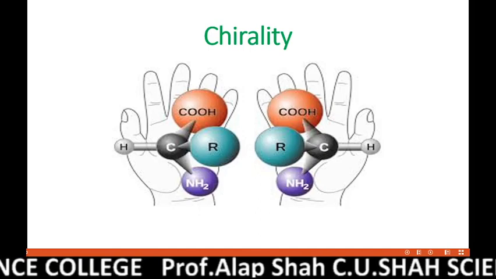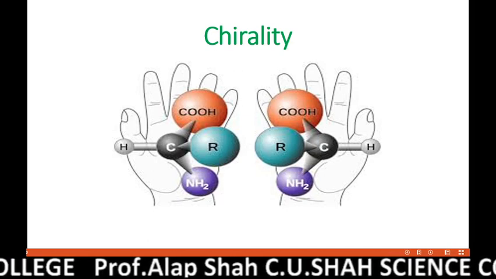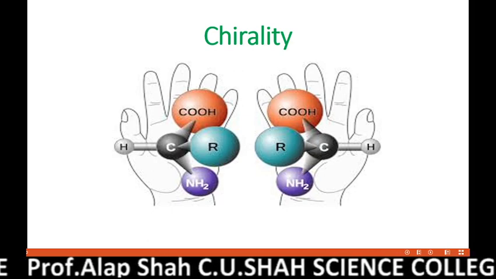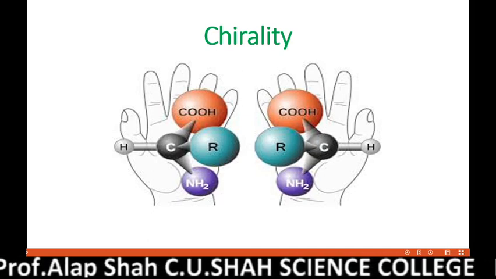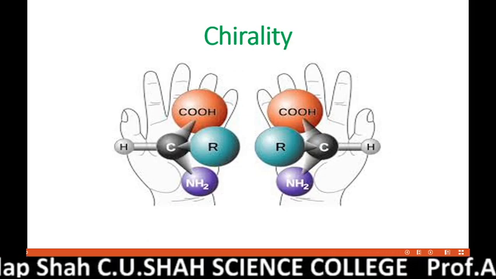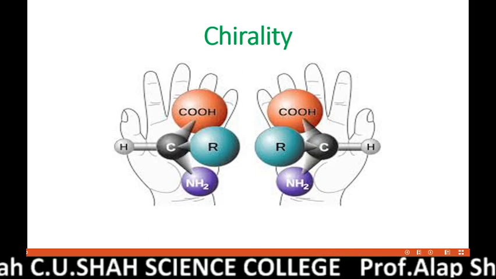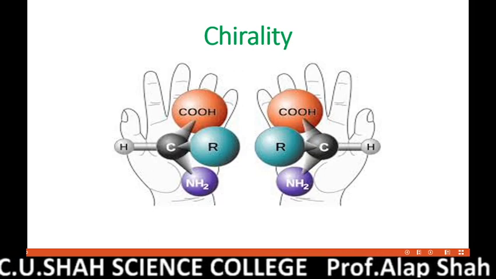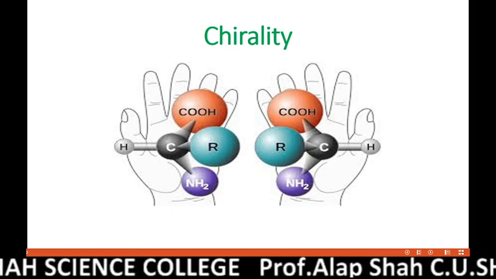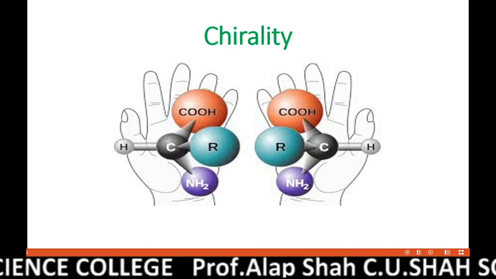Chirality. Before we discuss chirality, carefully look at this figure. In the Greek language, the meaning of the word cheir is a hand, and the term chirality is used for objects having handedness. We also know that in a mirror, the image of our left hand is right, and vice versa. Moreover, if we keep our left hand in front of a mirror, its image would be our right hand, and they are non-superimposable over each other.